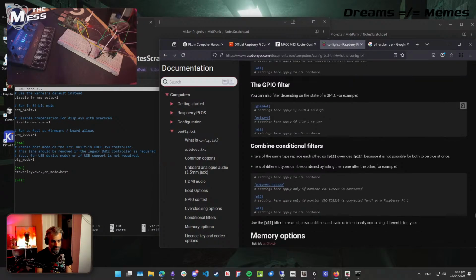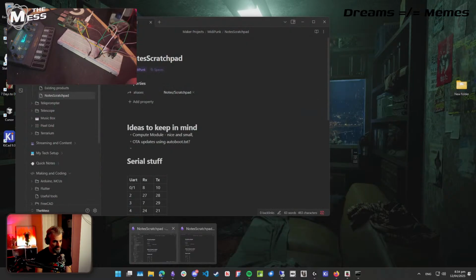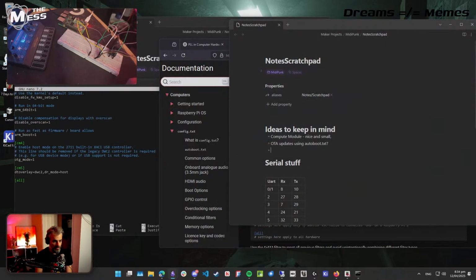The GPIO filter... This is cool. I love this. Alright, so I'm going to take a note on this. GPIO filter settings in config.txt for things like alternate mix, etc. So maybe even to configure this MIDI router,